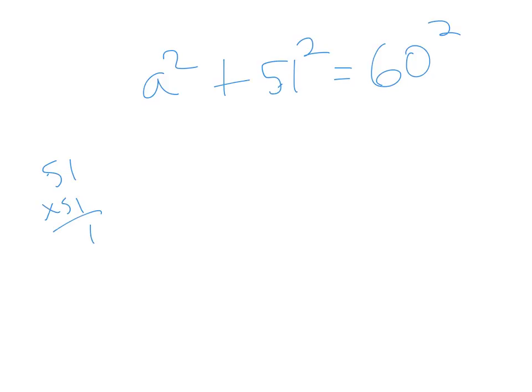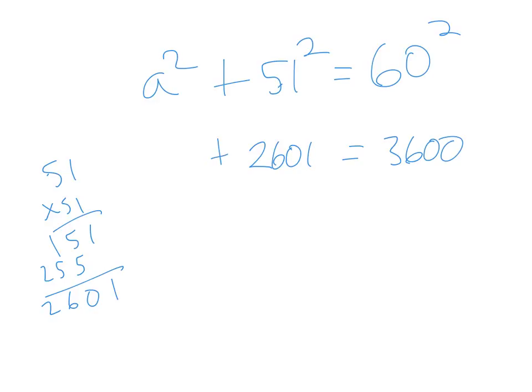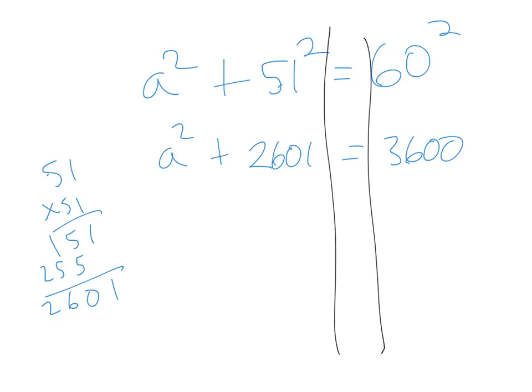Alright, since we want to get A all by itself, I'll draw my wall here this time around. Since we want to get A squared, or A all by itself, we have to subtract or do the opposite of whatever is bothering it. So I'm going to subtract 2601, subtract 2601, and that gets you A squared equals,